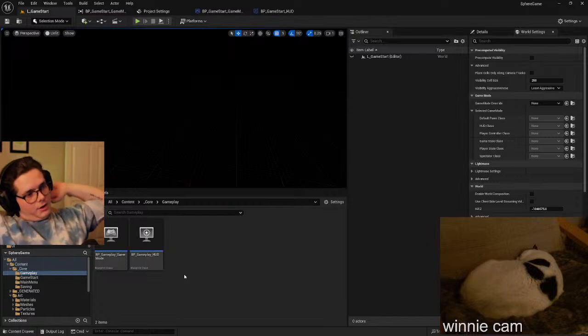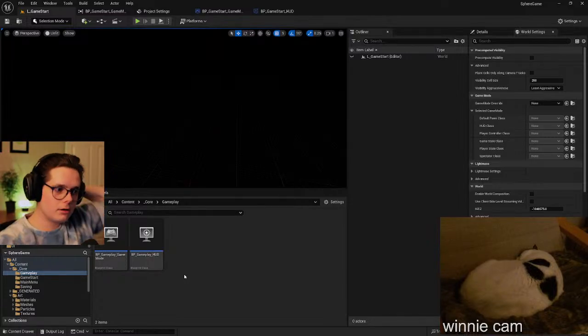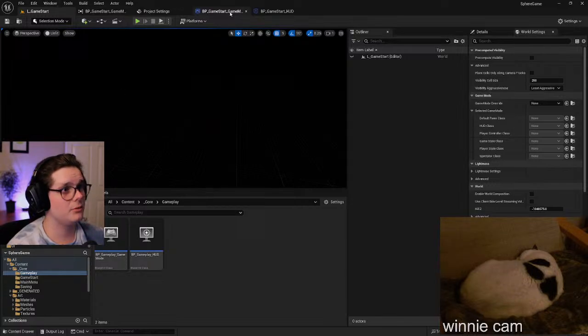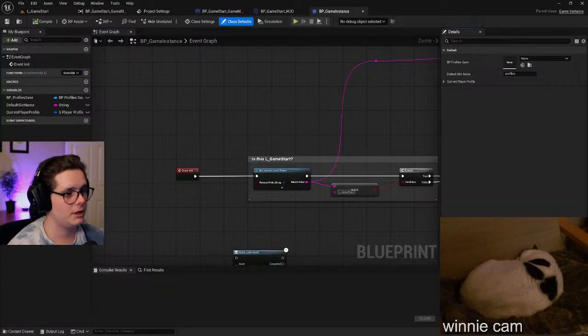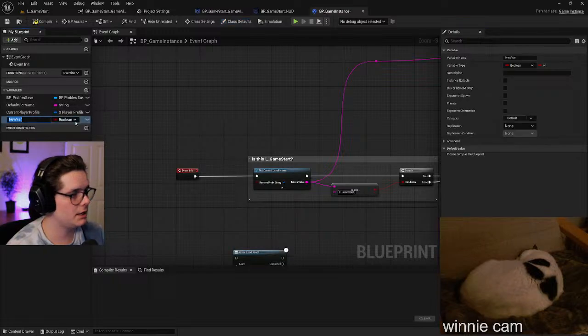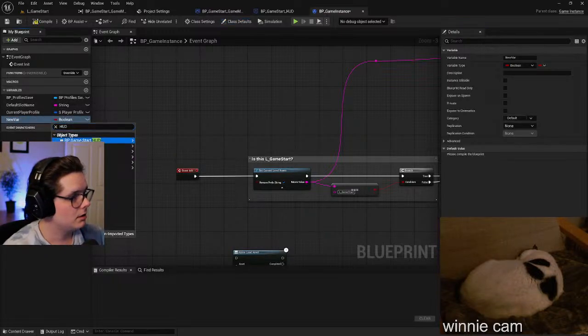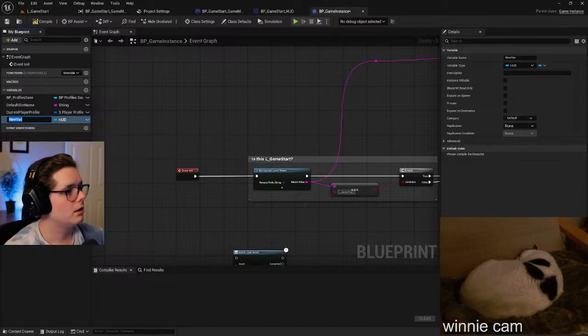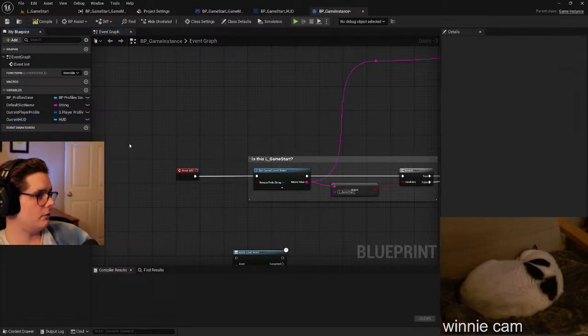And because it's a HUD, in our game instance we can have a variable of type HUD, right? HUD, current HUD. Okay, so like